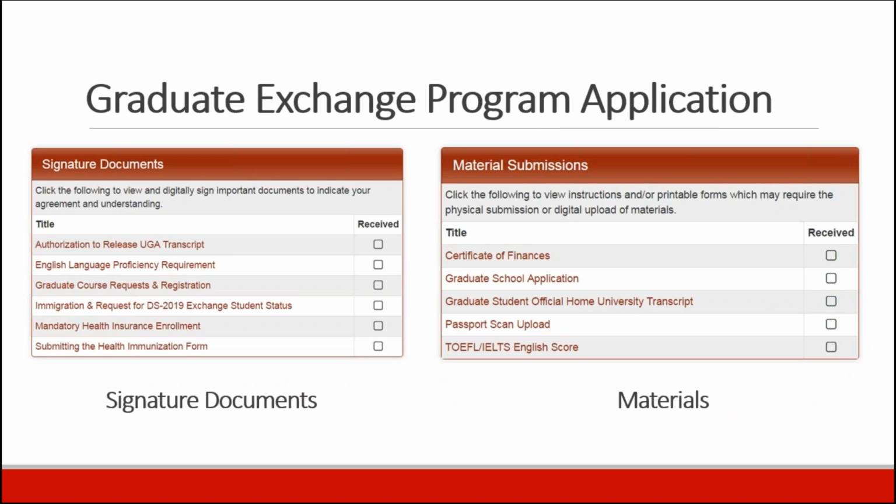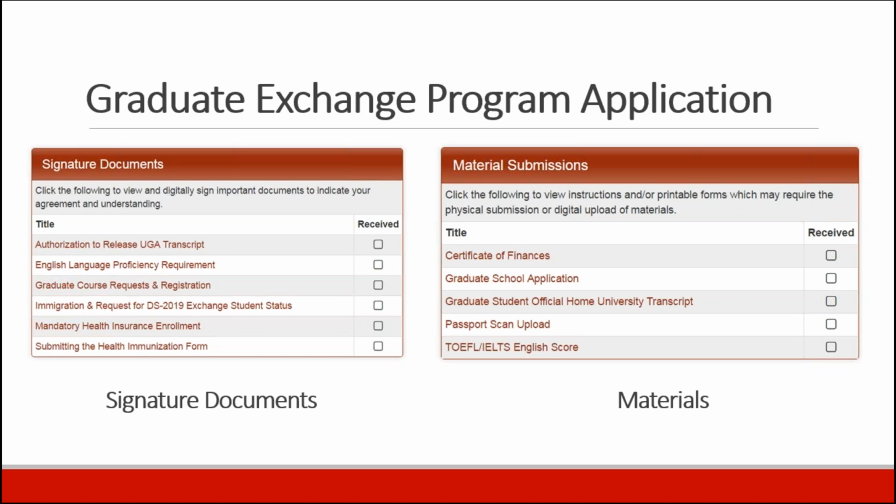If you are a graduate exchange student, some of your items will be a little bit different. One of the differences is going to be on your signature documents. The English language proficiency requirement is just slightly different for graduate students, so make sure to review that. Also, your course request and registration will be slightly different as well, so that's one of the main differences for